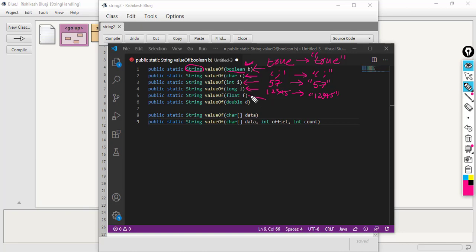Here you give a float, so let's say 23.7f, so that will be converted into the string "23.7", and the same thing will happen with the double value also. And then I'll explain the last two later. First of all, let's see the examples.